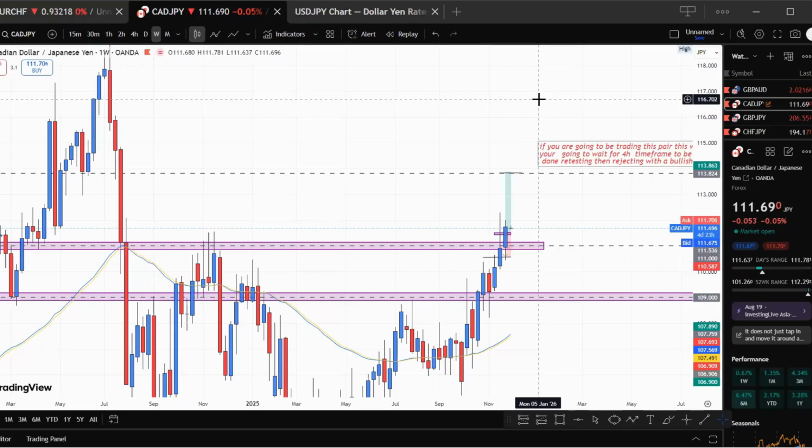This is my weekly market outlook on the 4 currency pairs that I'll be monitoring this week. So I'll be showing you my higher time frame buyers, the key levels I'll be watching, and the exact zone that must be tapped before I consider a trade. So let's go